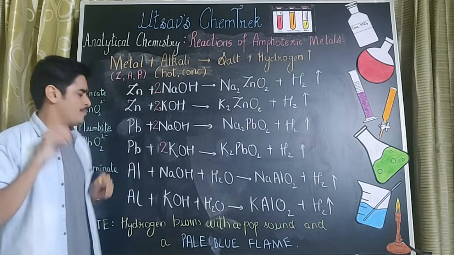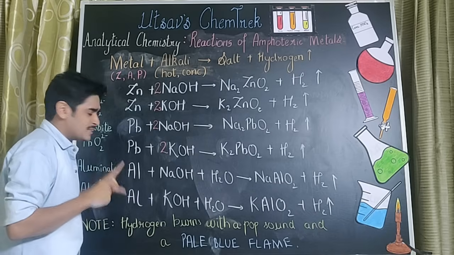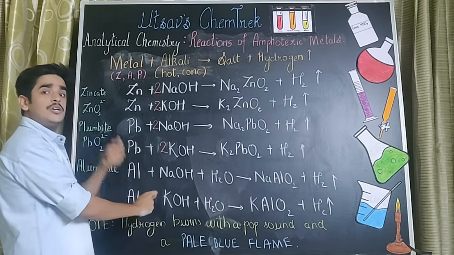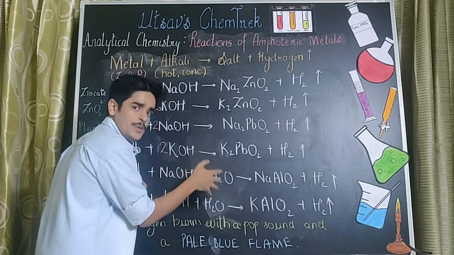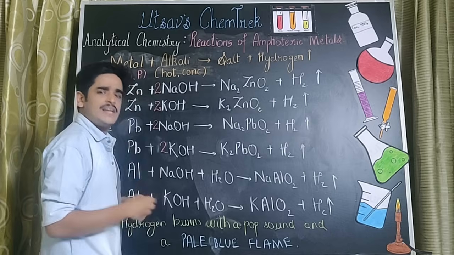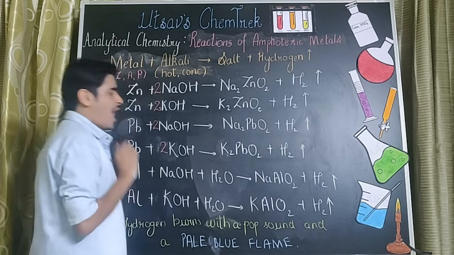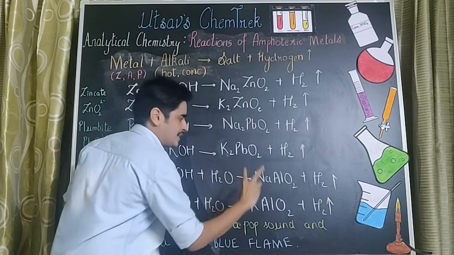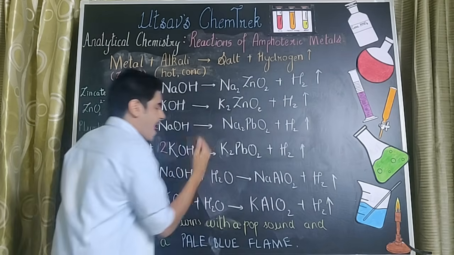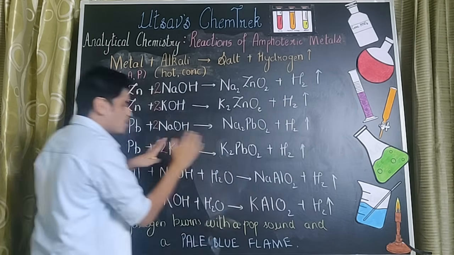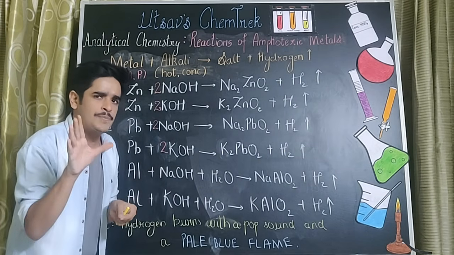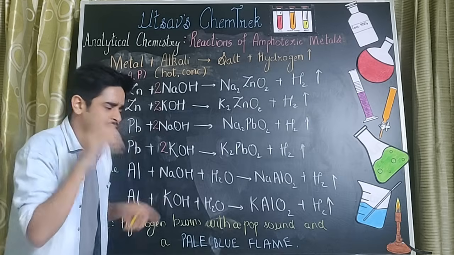Now please understand. For aluminium, if you'll notice, I have taken sodium hydroxide and potassium hydroxide, but there's a third reactant as well, which we consider to be water. This is because this particular reaction takes place in aqueous conditions. I get a total of 2 products in each: sodium aluminate with respect to sodium hydroxide and potassium aluminate with respect to potassium hydroxide. If you'll notice, these 2 equations are not balanced, and I'll do it on the spot for you. Please have a look.